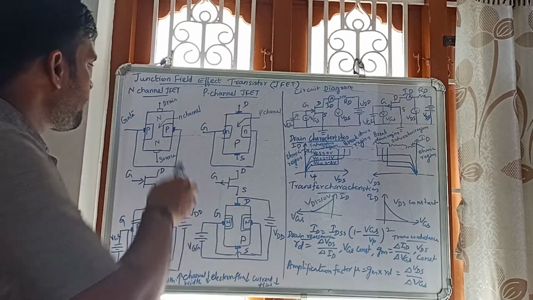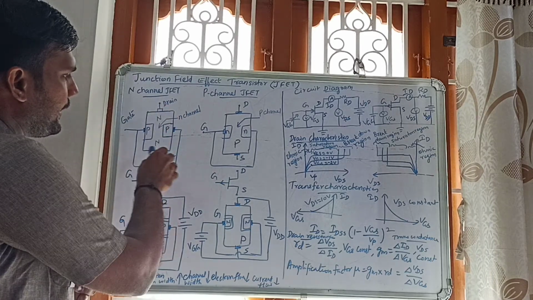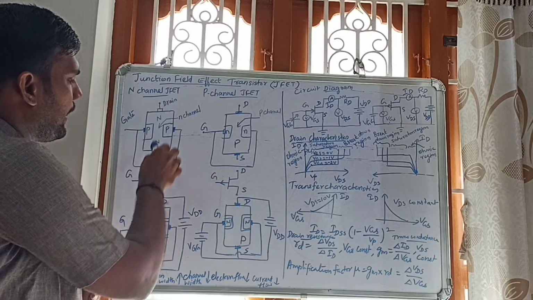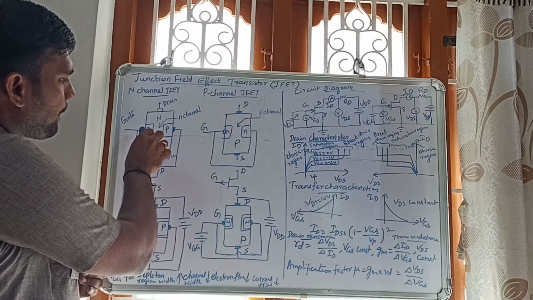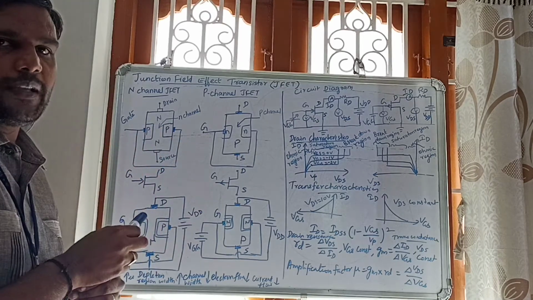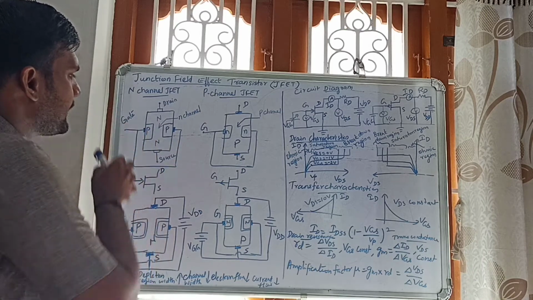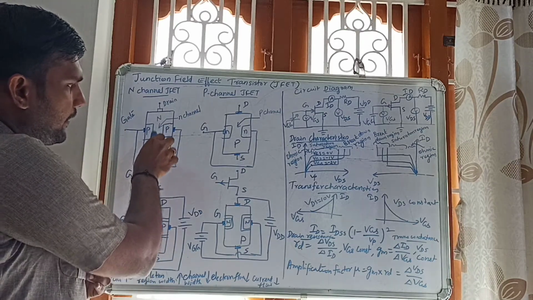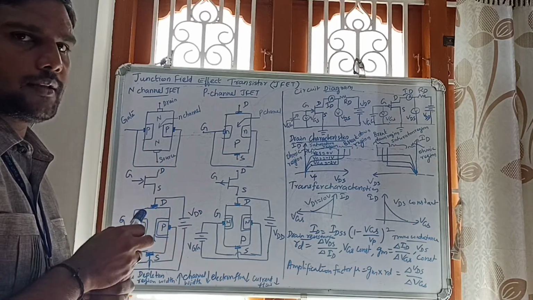See, N-channel JFET. For the N-channel JFET, initially an N-type substrate is taken. One end is drain, another end is source. At the opposite sides, P-type region is formed by doping P-type impurities. Both the sides are shorted, which will form the gate. In between the two P-type regions, N-channel is formed. That's why it is N-channel JFET.